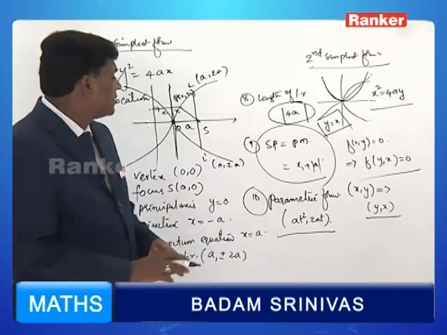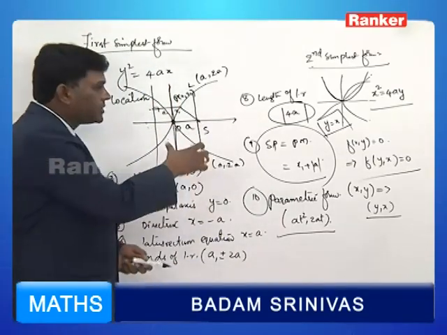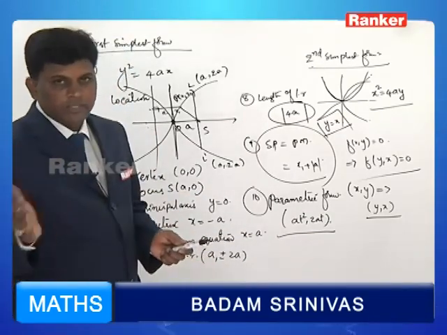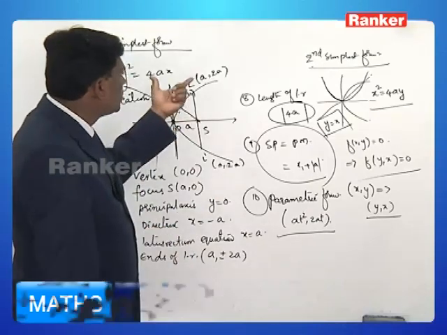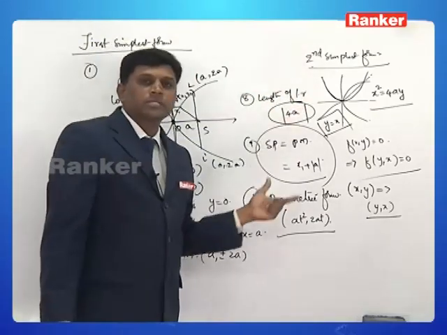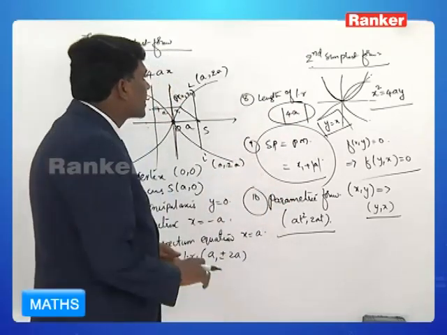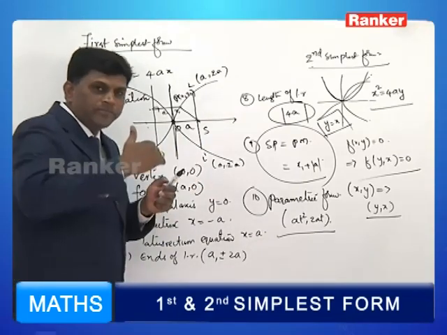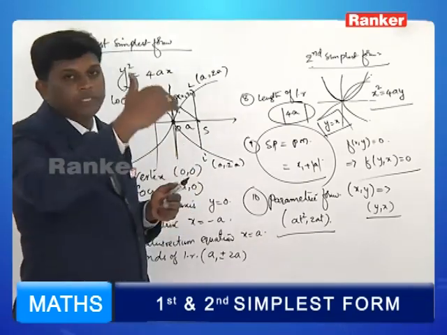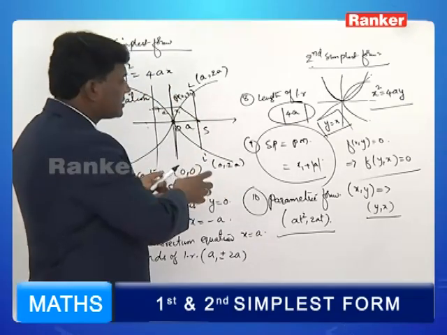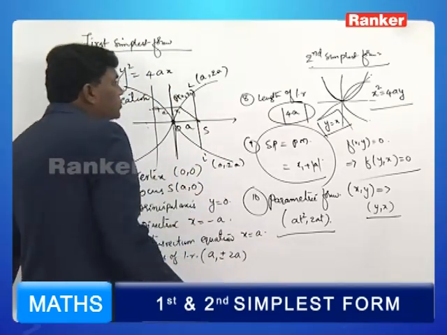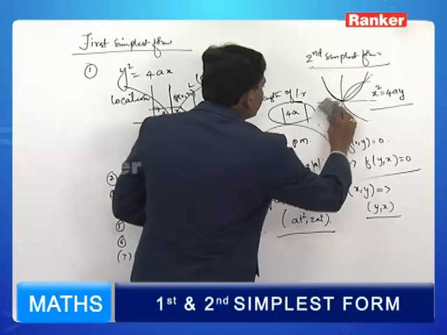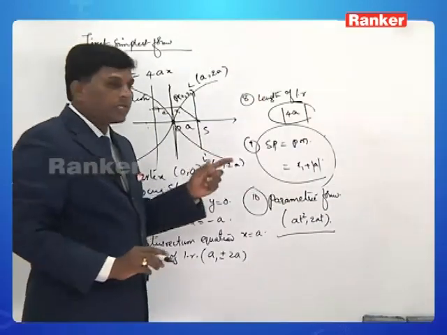So like this, with the help of the first 10 points of the first simplest form, by using transformation of axis, that is rotation of axis concept, we can get in a very simple way the properties of the second simplest form. Not only this second simplest form and first simplest form, sometimes we may have to shift the parabola from one point to another point without disturbing the axis. In that case, we take two more forms which are called shifting cases. If we analyze the first shifting case now,